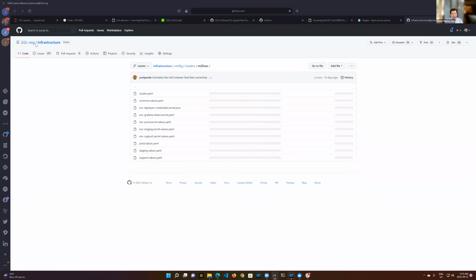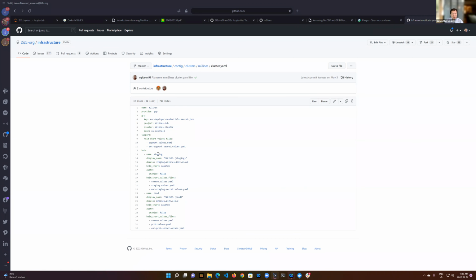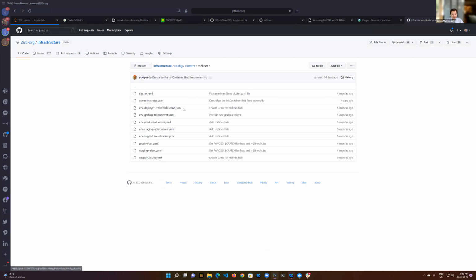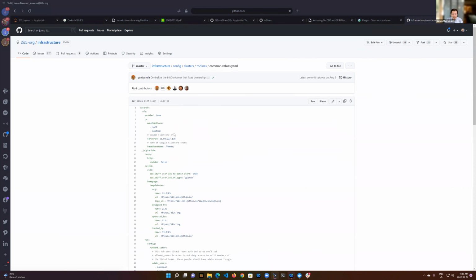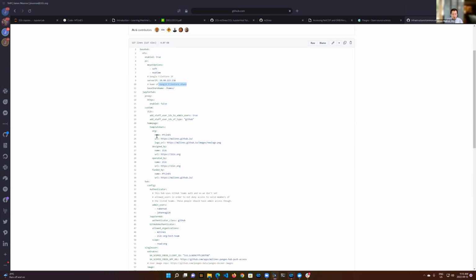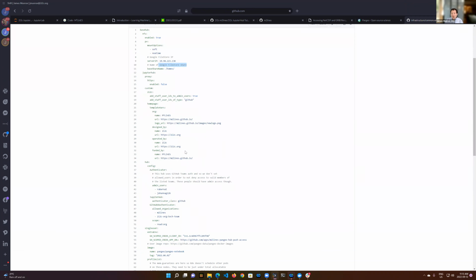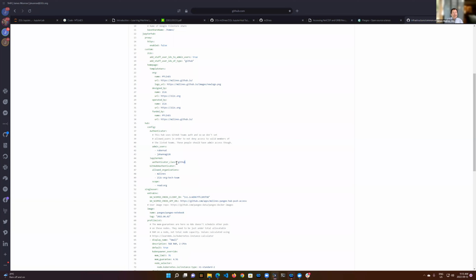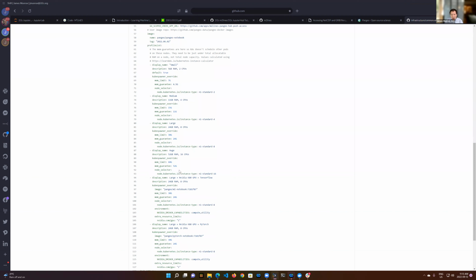So here's a link, so I'll just show it to you. In a GitHub repository, this is public, we have the cluster for M2LINES, and these are the configuration files, right? So anyone can go and see what this is made up of. The way that this thing is deployed, there are a bunch of YAML files, and they configure things. They configure things like it's on Google as opposed to Amazon or Azure, what the actual logo looks like, and that line of things, who's authenticated to it. So we use GitHub to authenticate users onto the hub, and then a few details about what kind of images